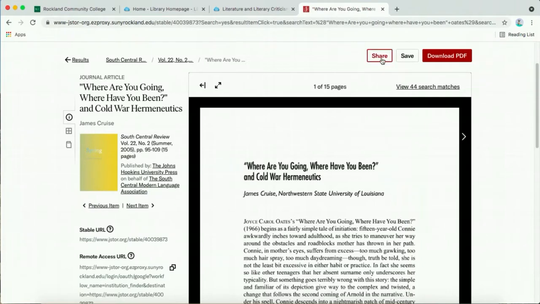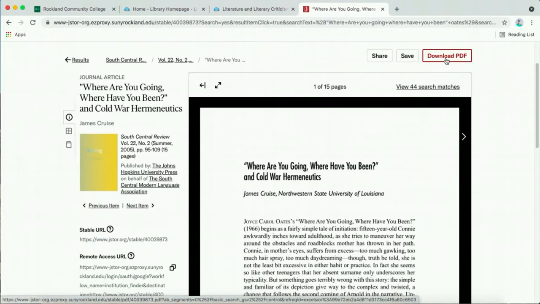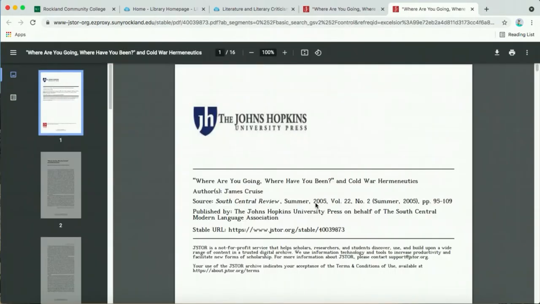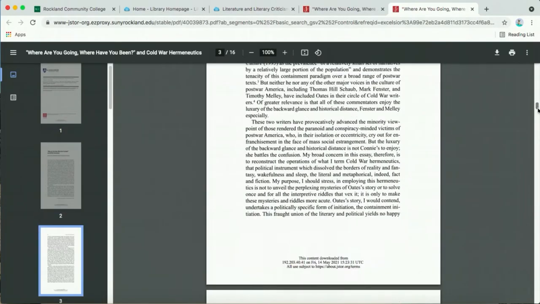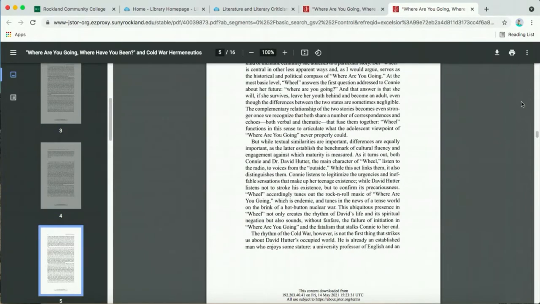Sharing it is similar to something like Bloom's. It'll send me a link and it looks for a mail client like Thunderbird or Outlook. So again, I would recommend downloading the PDF and saving it to your device, or if you're on a computer that's not your own, you could always download it and then upload it to your email as an attachment when you log in. It's also a little easier to read things in JSTOR if you download the PDF, because otherwise,